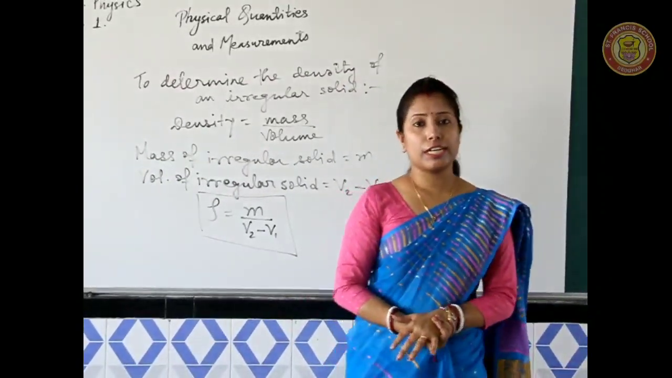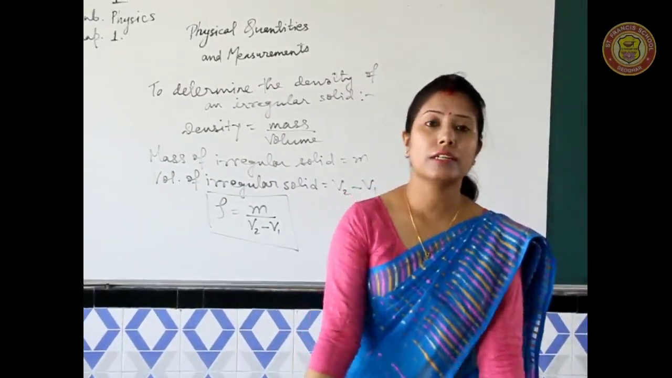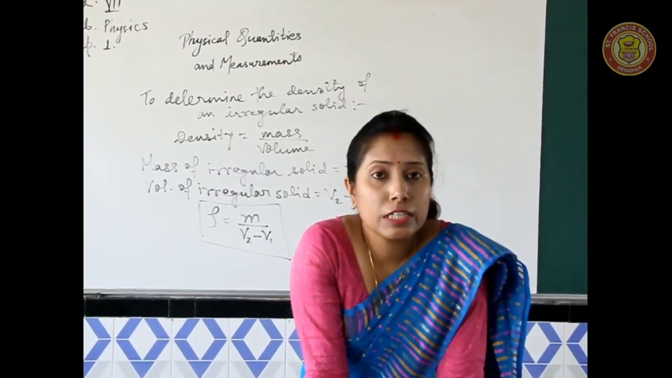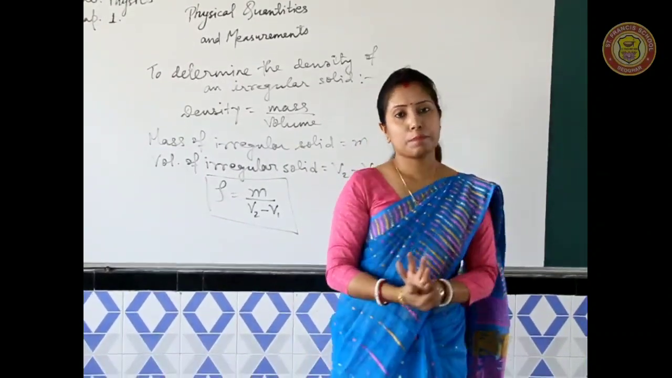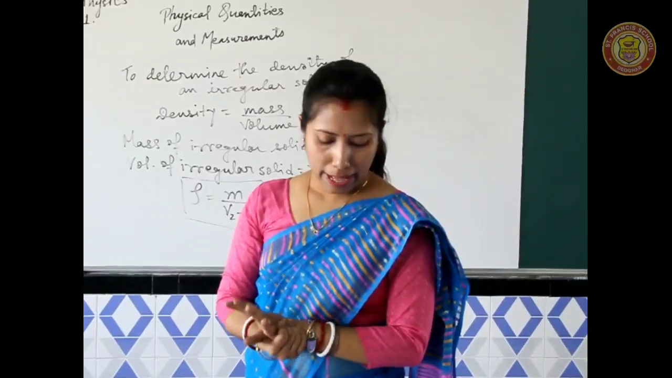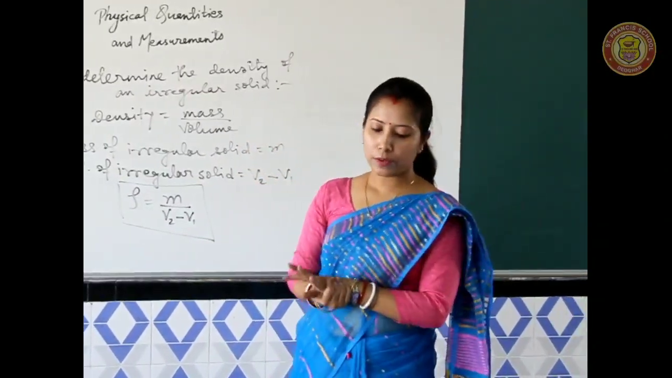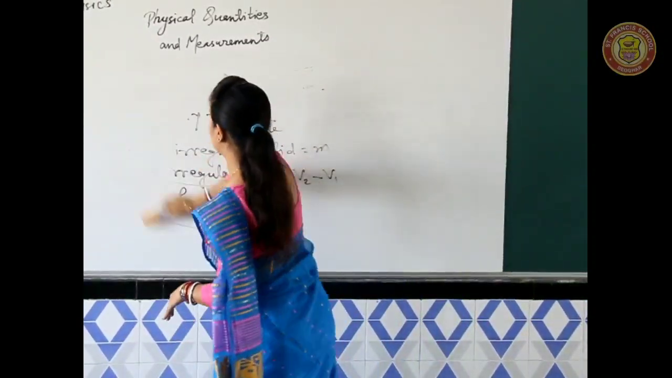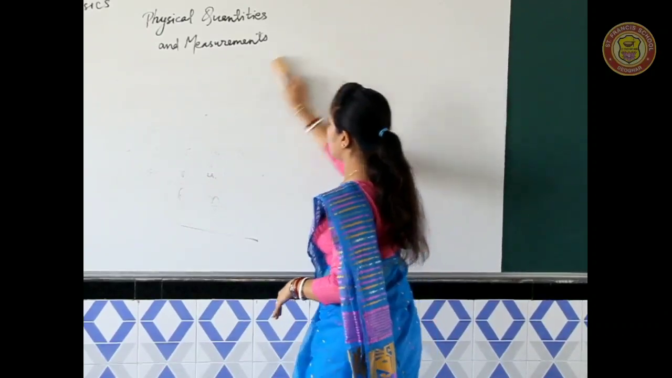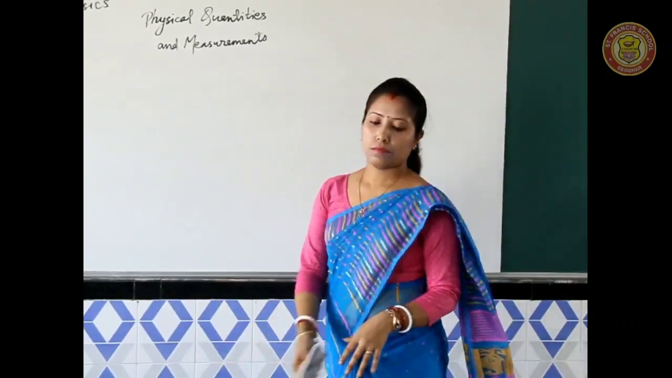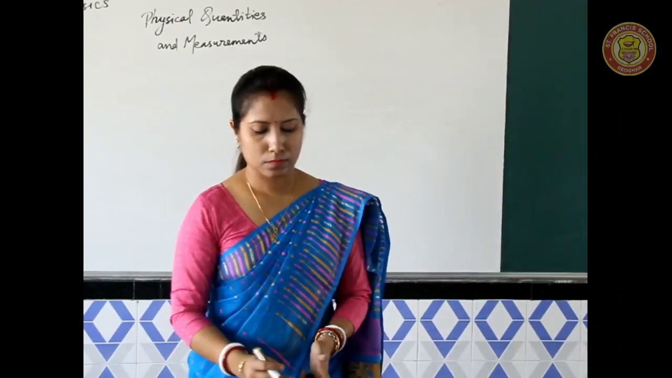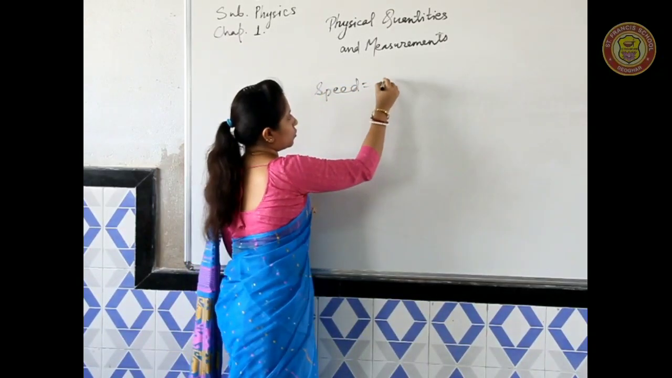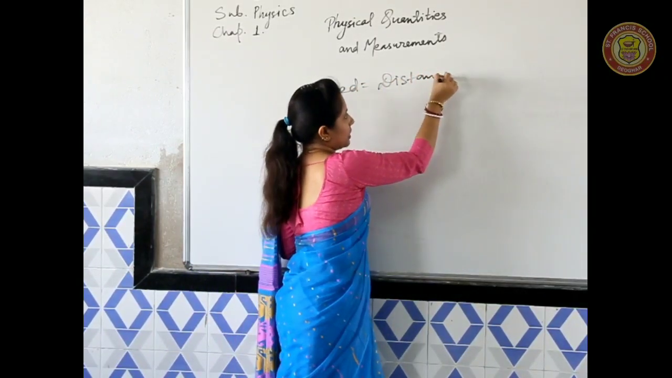The next physical quantity is speed. What do you understand by speed? The distance travelled by a body in unit time is known as its speed. We all know that speed equals distance by